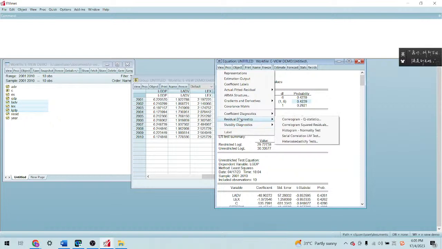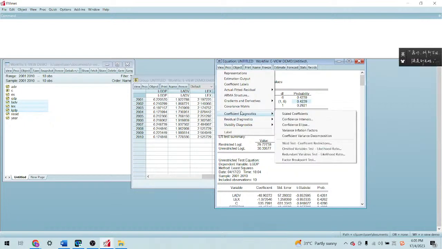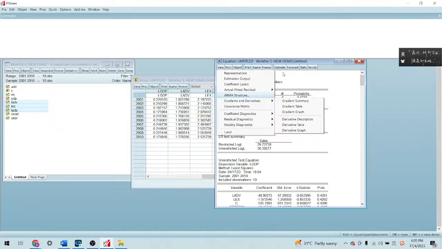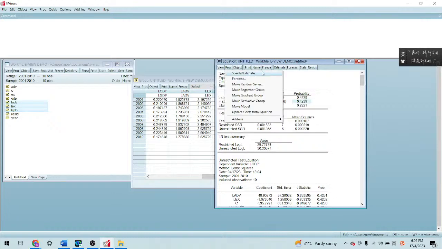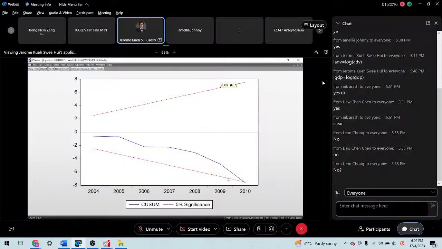In this case, most of the blue line falls inside the red dotted line, so this is still considered stable. Sometimes it may breach or go beyond the red dotted line, which indicates that the model is not stable. There could be some outliers in your database.